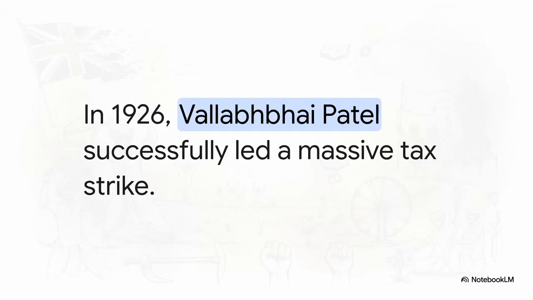Another perfect example of this advanced 20th century organization is the Bardoli Satyagraha in 1926. When authorities tried to hike land revenue by a totally unjustified 30%, Vallabhbhai Patel stepped in to lead a massive tax strike. He was so effective that the local women gave him the title Sardar. Patel organized the region meticulously. He set up 13 workers' camps, published a bulletin to mobilize opinion, and even created an intelligence wing to make sure all tenants followed the strike's resolutions. It was so highly coordinated that Gandhi himself traveled to Bardoli just to be on standby in case of an emergency.